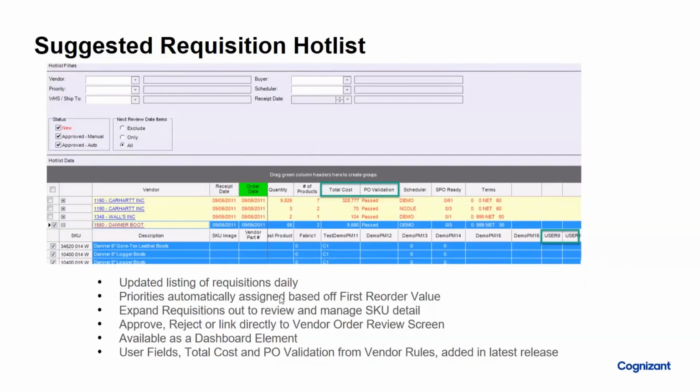Requisitions, within this list, you can expand out a particular vendor. So you can see here I've expanded out the Danner boot vendor. And then down below, you have the ability to review all of the line items and the SKUs and the details. And then from here, you have the ability to approve or reject the entire order or specific rows as needed. Or what we see most of our users do is that they link directly from here into the vendor